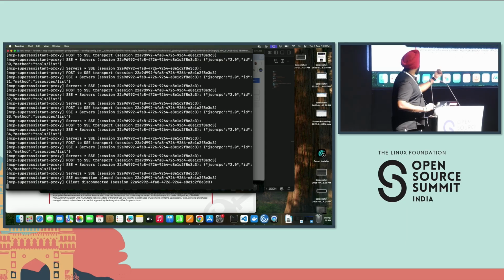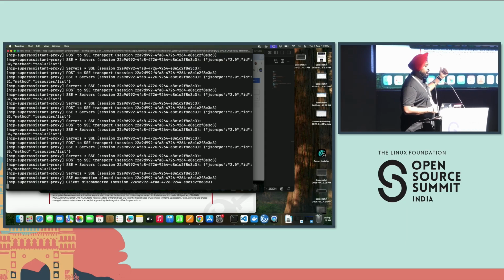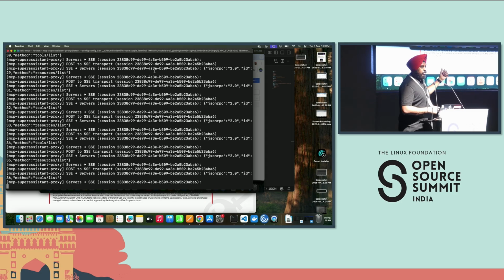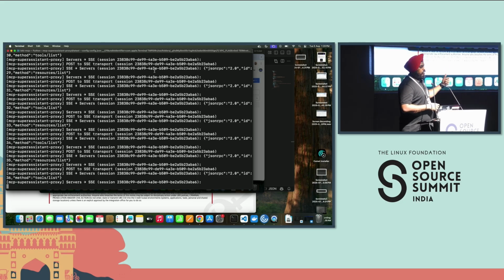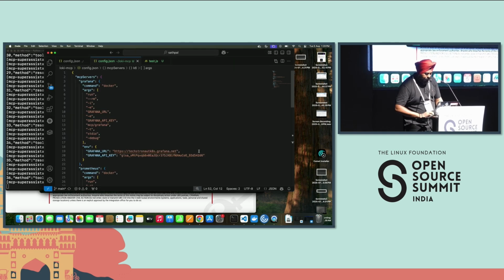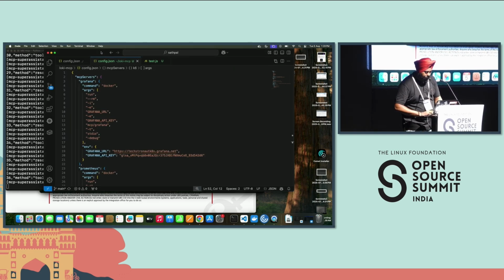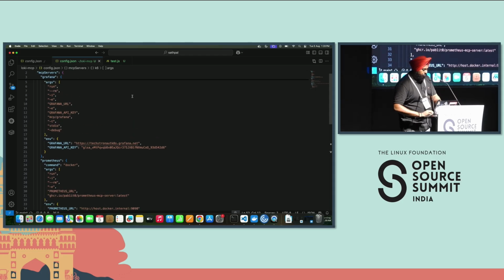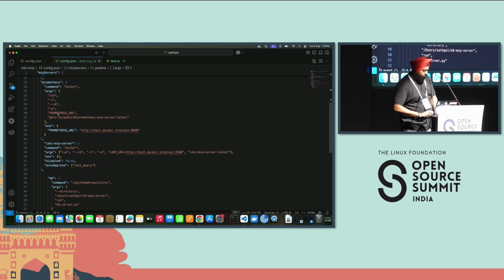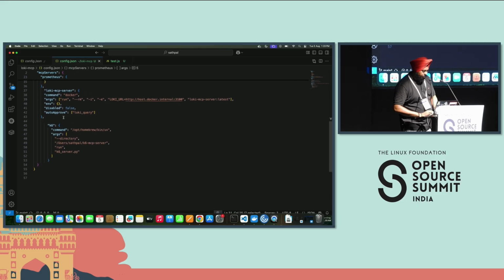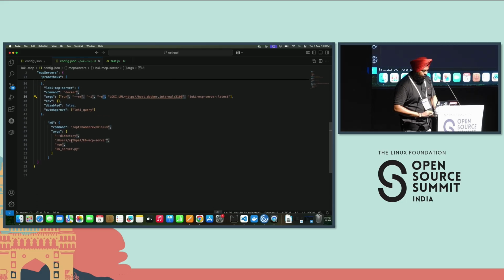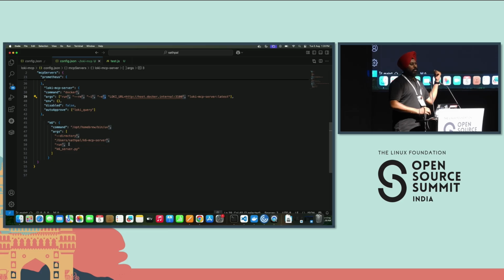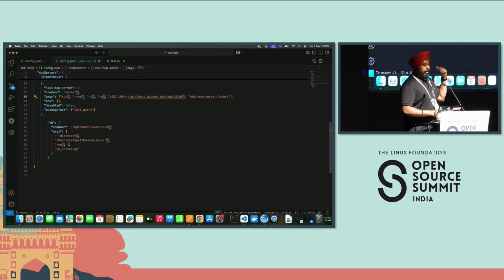So here are my MCP servers running on my local. You can see the server SSE session. So the session is in context. We have three servers running here. I can show the config file. So we have MCP Grafana, we have the Prometheus server, we have Loki, and we have K6, all running on my local with a single command.